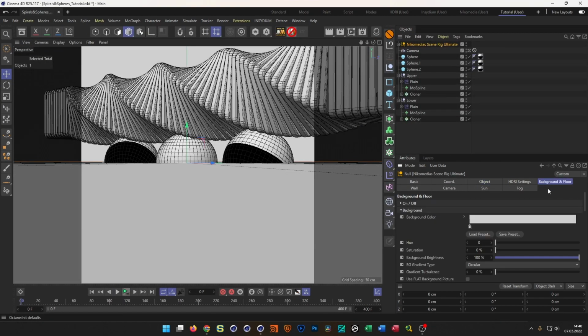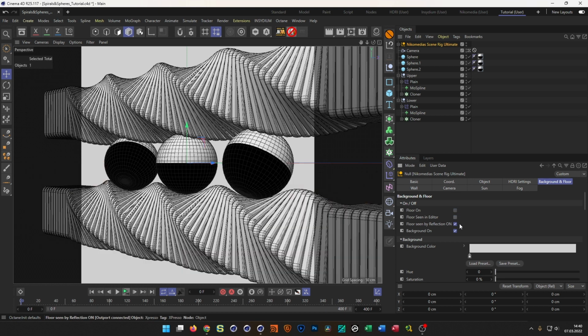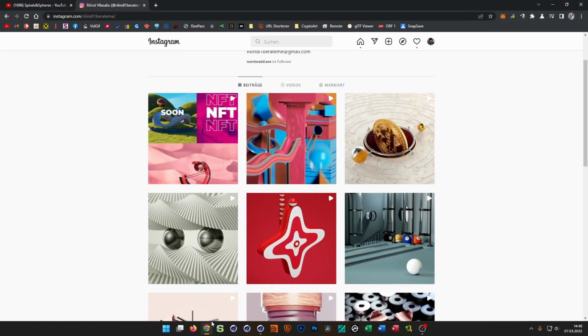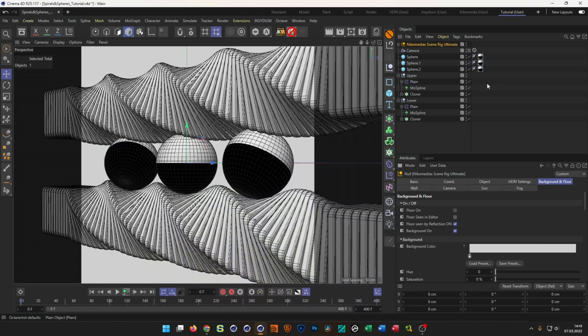I don't need the floor, and I don't need the background. In my original one, I just made a background here, you see. I made a simple background. This is just a plane with some stripes displacement on it. Nothing else. This is just a plane, nothing else. So